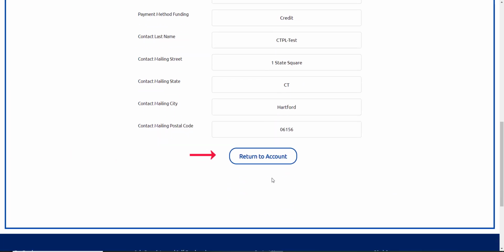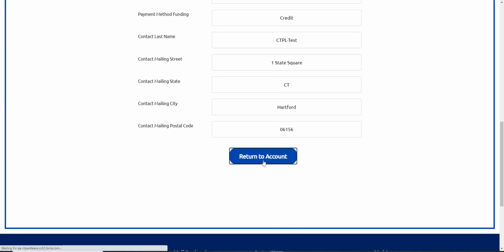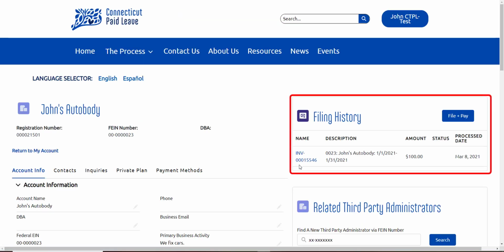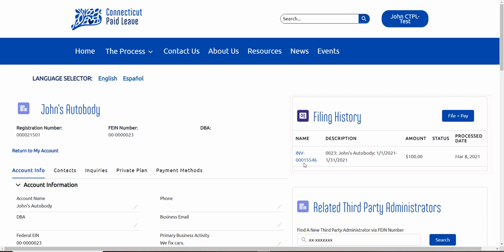After reviewing the payment summary, click on the Return to Account button. Once the business account details are shown on your screen, you will now find listed in the Filing History table the payment that was just submitted. And each time a payment is submitted, the table will append with new data.